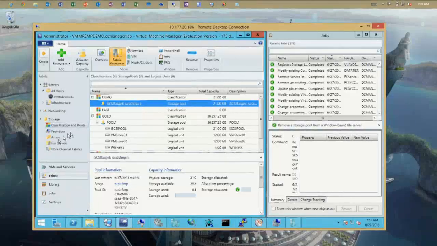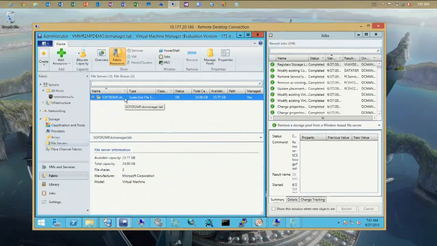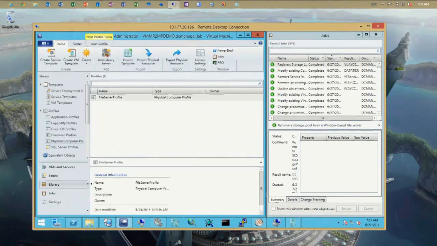So in the Fabric view, I have something called file servers. This is an existing scale-out file server that I've deployed. But if I wanted to start fresh, if I have a set of brand new machines connected to JBODs, and I wanted to create a cluster out of them, just like you would create a VM out of a template, we need a template to use for physical machines. So what we've done in this release is change VM host profile to physical computer profile. We've made it generic, and now we support multiple roles. So if I were to create this profile,